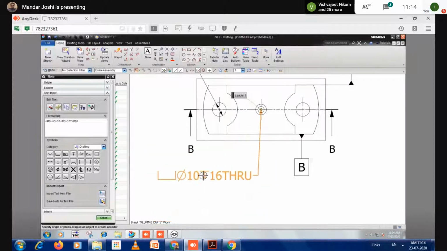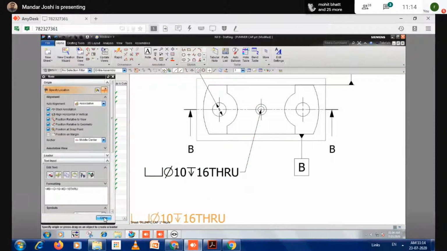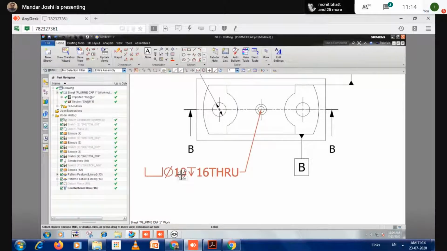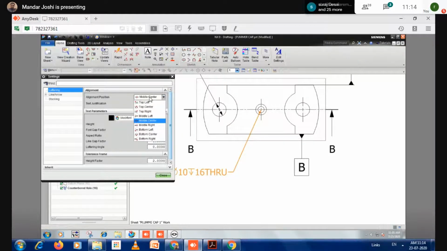Once you define that, click over here and close. Now again the text size you can control by double clicking and going to the settings options. So in the settings, I reduce this text size to 6. Okay, and I'm taking this option here.